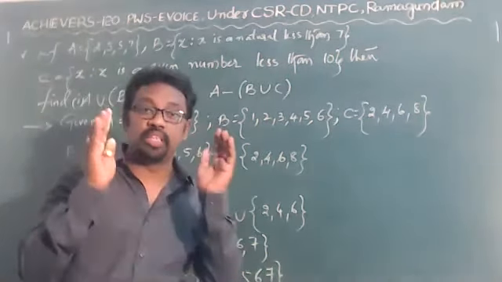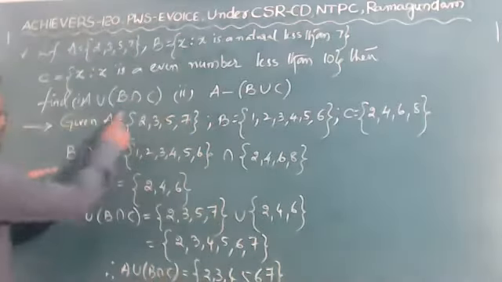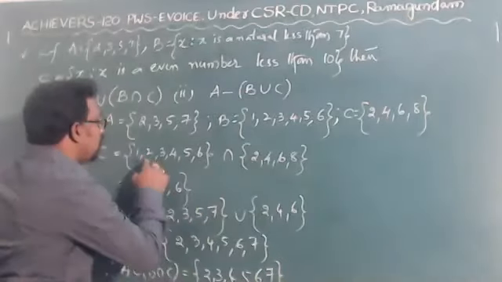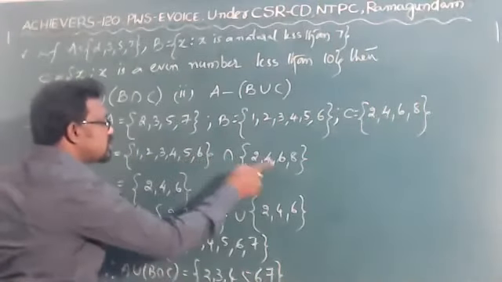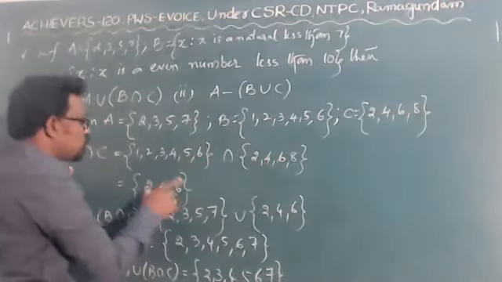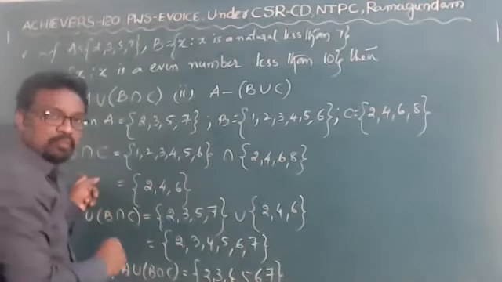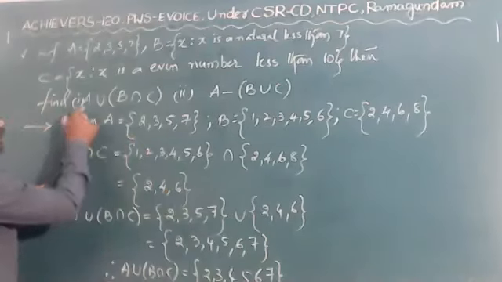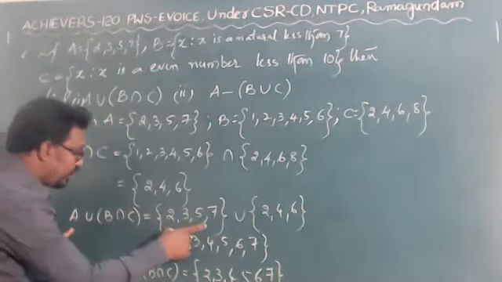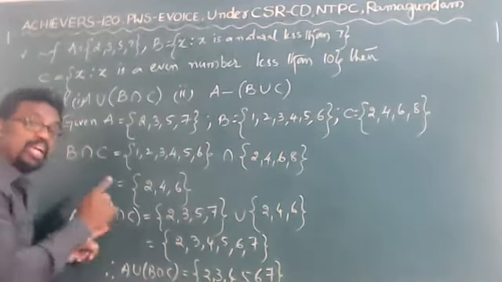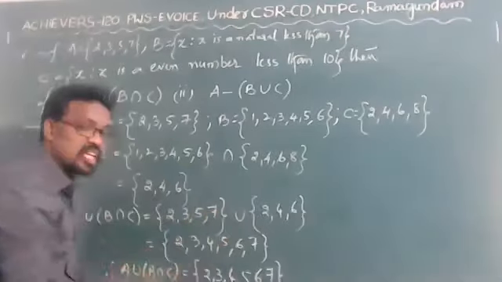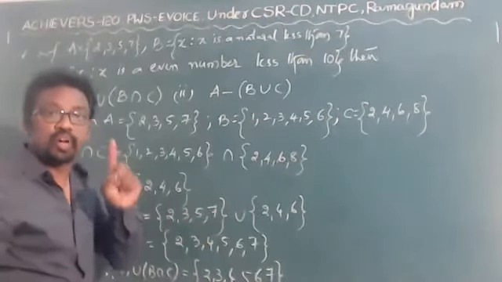First you have to complete within the braces. What is that? That is B intersection C first. The result you got is what you have in common: 2 is common, 4 is common, 6 is there. 8 is not there in the other set, 1 is not there, 3 is not there, so you won't get such elements. Now the question is A union of B intersection C. Write down the set of A, union, and the set of B intersection C, which you already got: 2, 4, 6. Union means all the elements together written in one set.